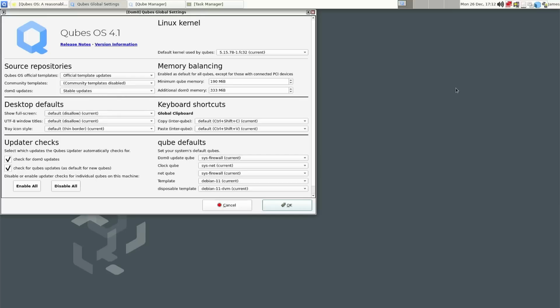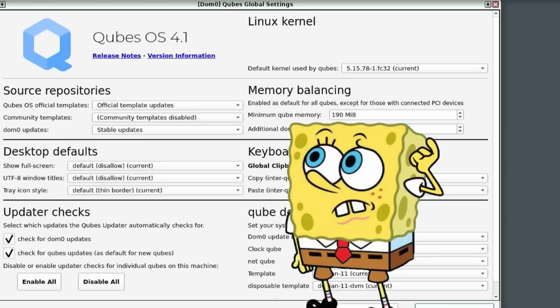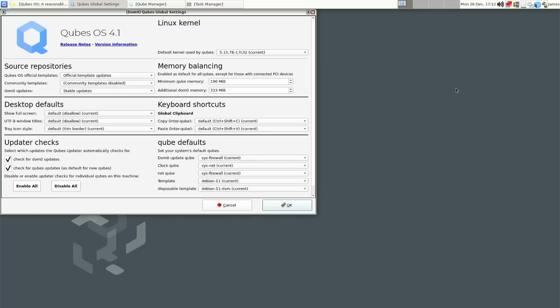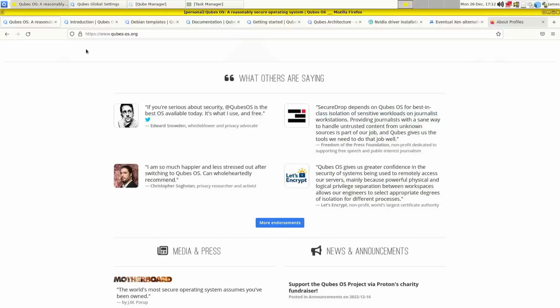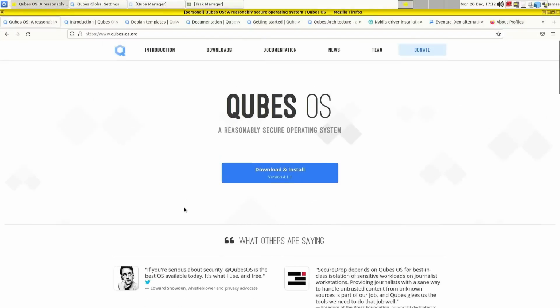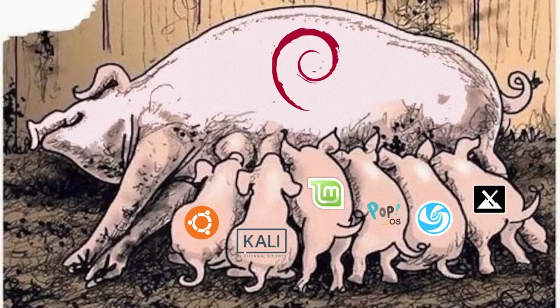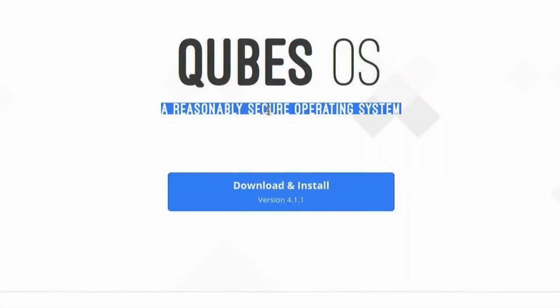And for those of you that don't get the hype, you're like, oh my gosh, what is Qubes OS? I've never heard of it. This is yet another desktop Linux distro, but with a twist, okay? It's a little bit more interesting and unique than all of those Debian stable, just works desktop clones, because Qubes OS is a reasonably secure operating system.